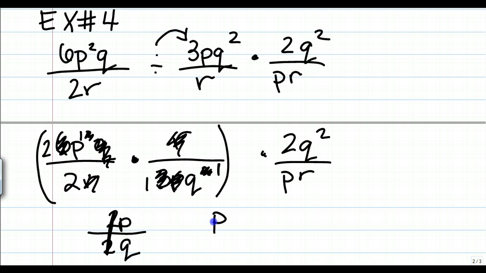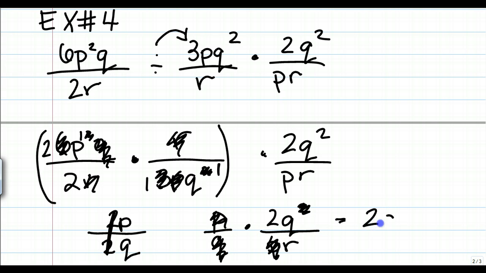So we're going to have pq times 2q squared over pr. Here my q's would go away, and I just have 1. Here my p's would go away, and I would be left with 2q over